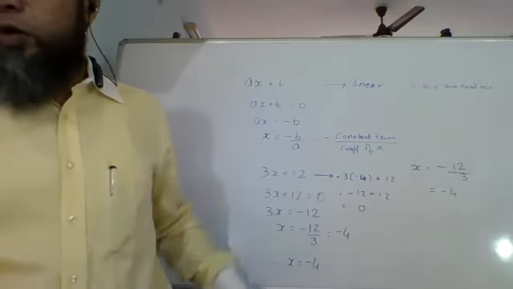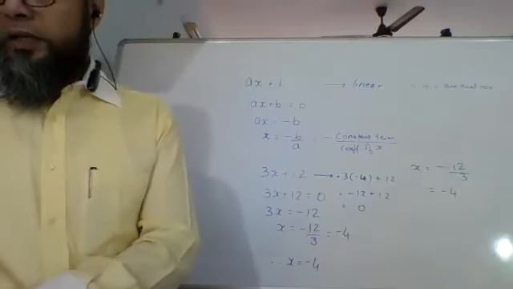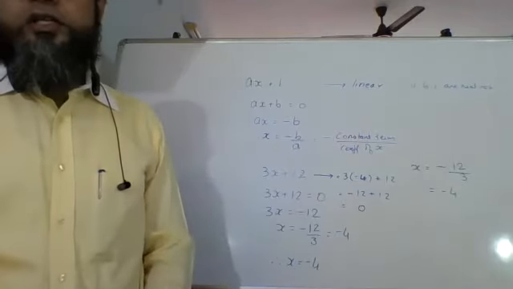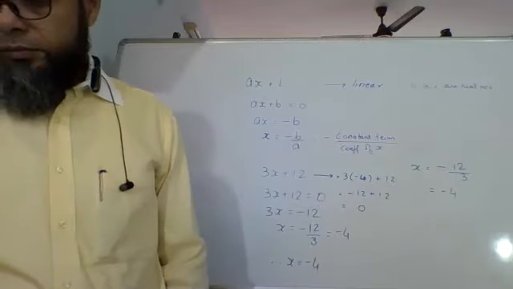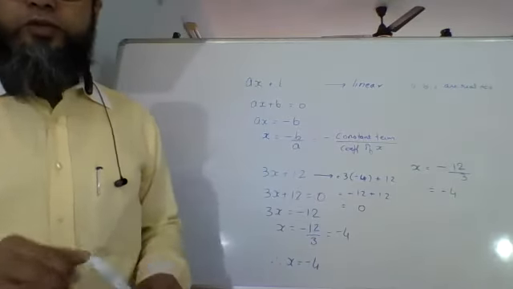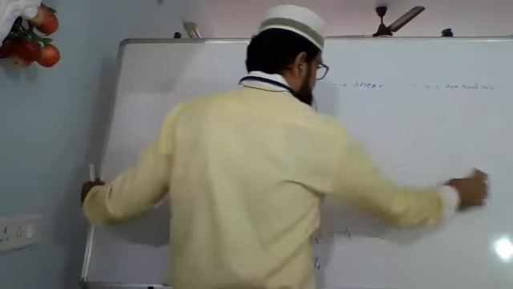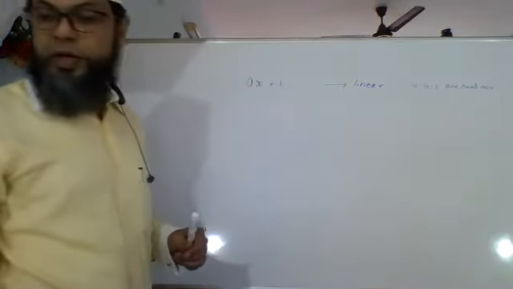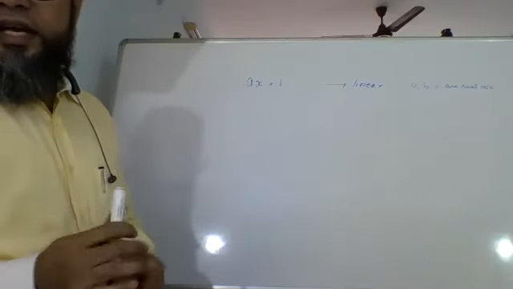Before that, what does it mean when it says the zero of a polynomial, that we've understood? If I get x equal to -4, it is going to become 0. Graphically, what does it mean? Let us understand graphically. Now, linear equations, as we will see in the next chapter, are actually equations of a straight line.